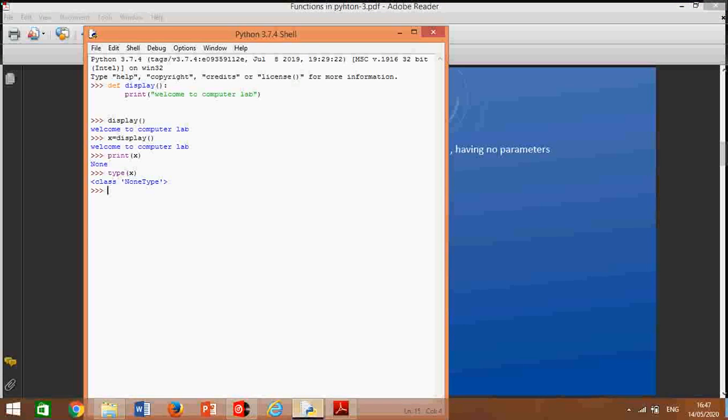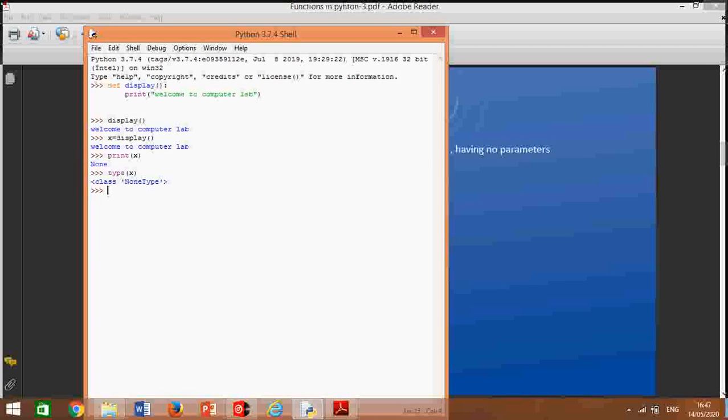Okay, here we have created this function. See, def display, print welcome to computer lab. When I call that function, it prints welcome to computer lab. Now next I want to check what the function is returning. Let us say x is equal to display. Usually if a function has no return statement, we don't call it like this, x equal to this. On the right hand side we are taking a variable here. We just want to check whether the function is returning some value or not. Here x is equal to display, welcome to computer lab. Then we say print x, printing the value of x, it will print None.